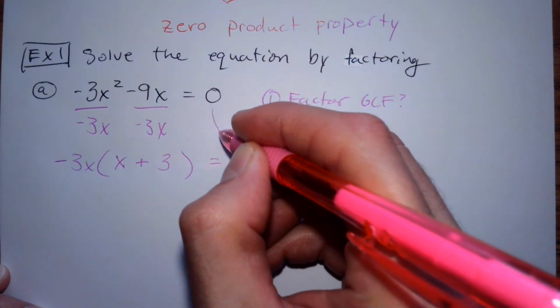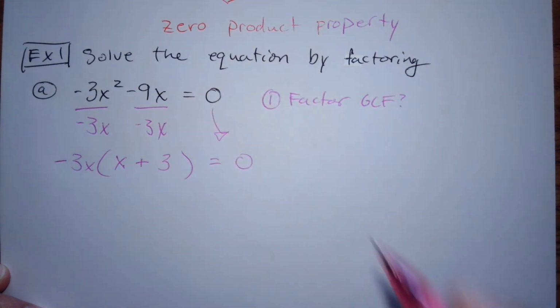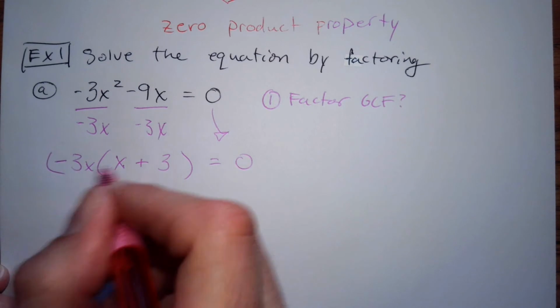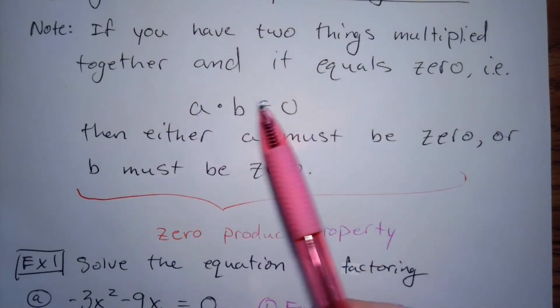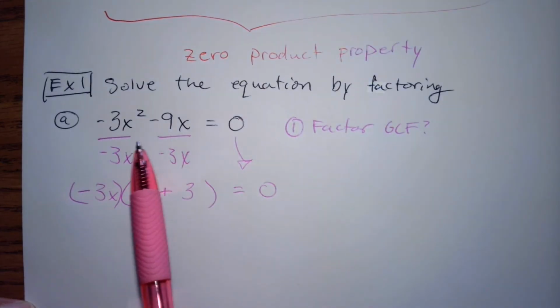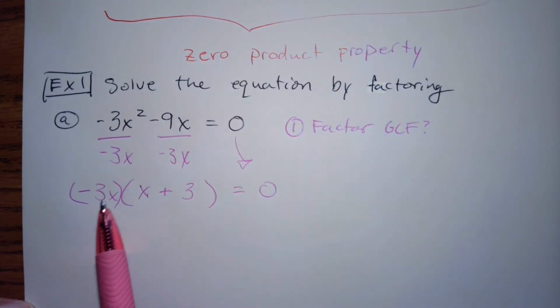And then don't forget to bring down the 0 and the equal sign. But now I have multiplication. Two things multiplied together, just like I had here. So if this equation is going to equal 0, either this has to be 0